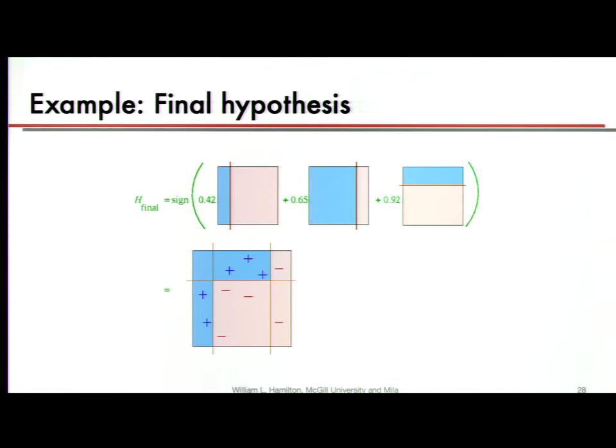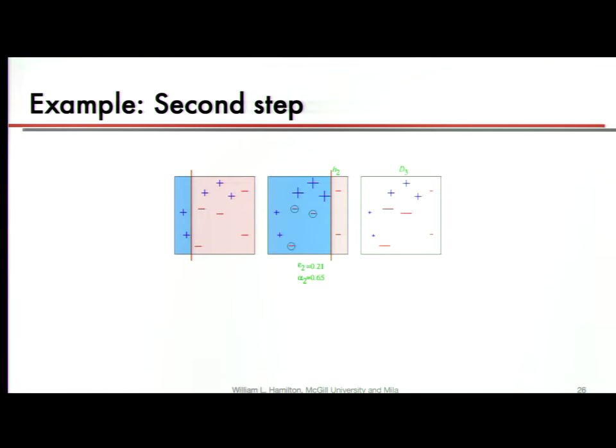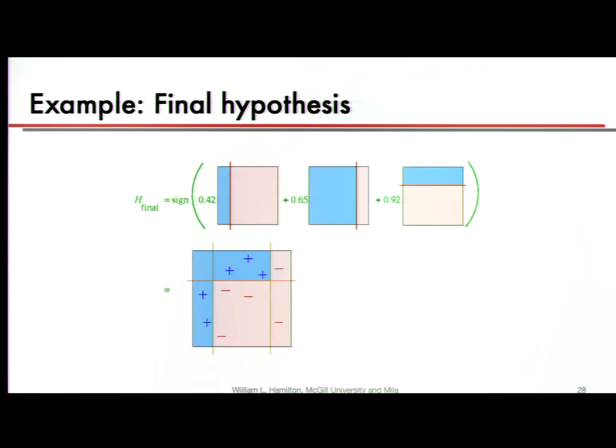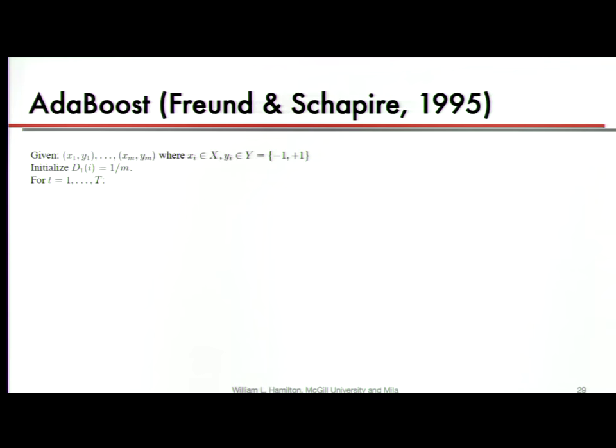What we did is we took these three simple decisions and combined them into a really good one, and to build up where we put these decision boundaries, we were trying to figure out which training points we have to pay attention to because the previous models were misclassifying them. So this is the intuition, but the whole question is, okay, this sounds good, but how do we compute the amount that we're reweighing these points by? And also, how do we compute these alpha values that tell us how much we should pay attention to these different decision boundaries?